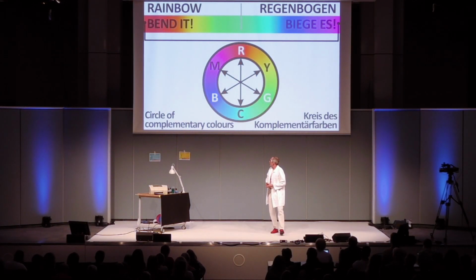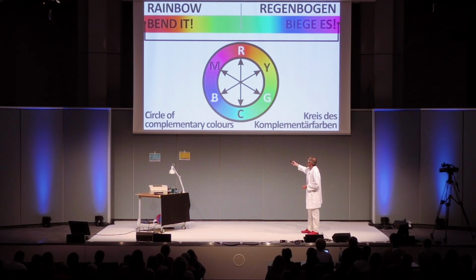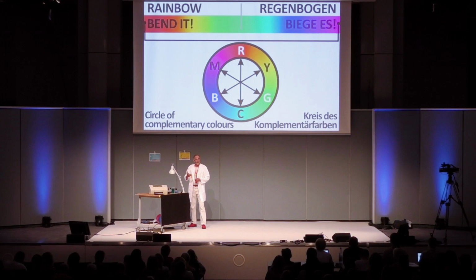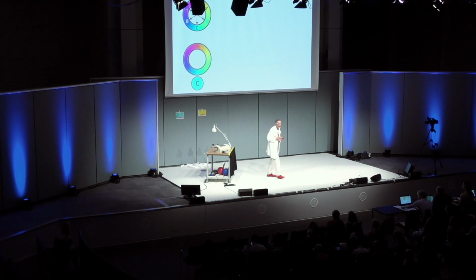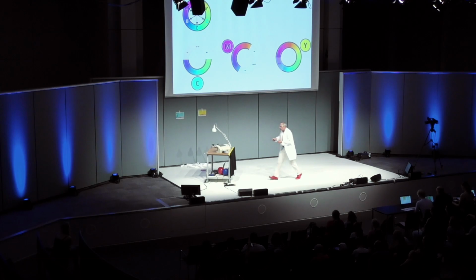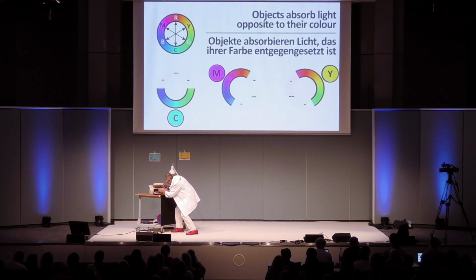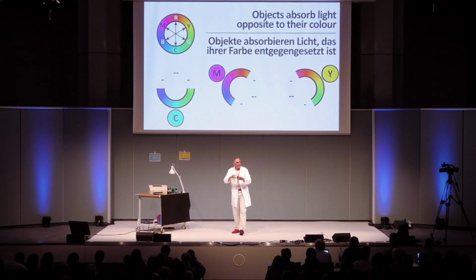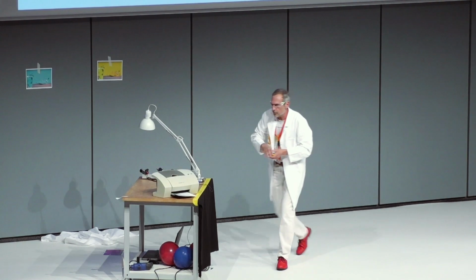This is what we call the circle of complementary colors. You can see red, green, blue, but also cyan, magenta, and yellow. This is what the white light of the sun looks like on this circle. Let's try to understand what happens when you have an object of a certain color, like an ink cartridge. Eventually, I will try to see, oh, but there are ink cartridges in my printer. Cyan, magenta, and yellow. So now I do understand why I had these cyan, magenta, and yellow printings.